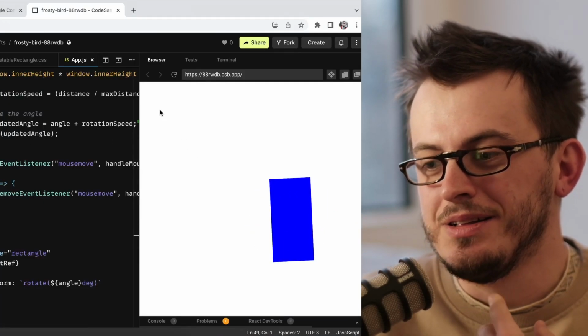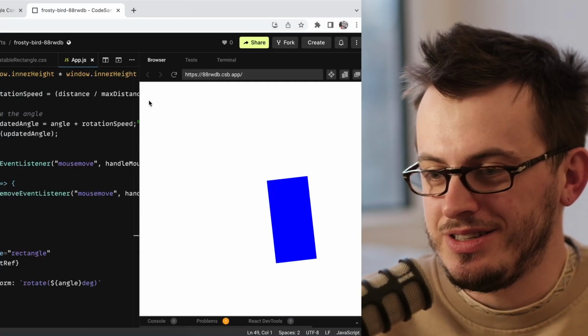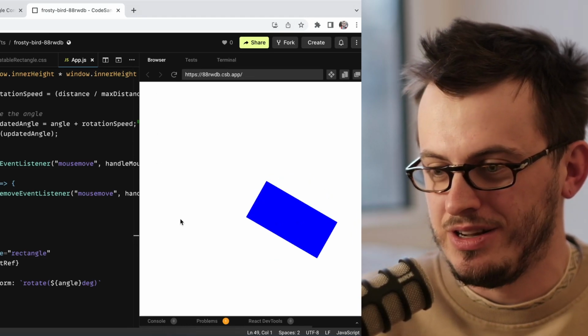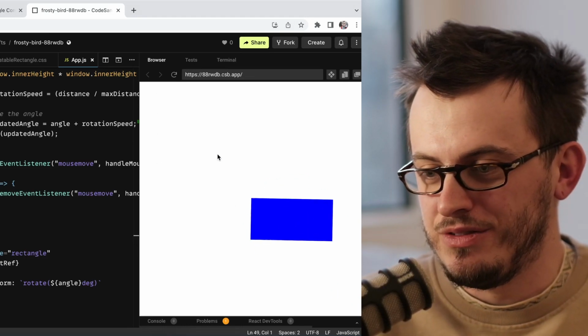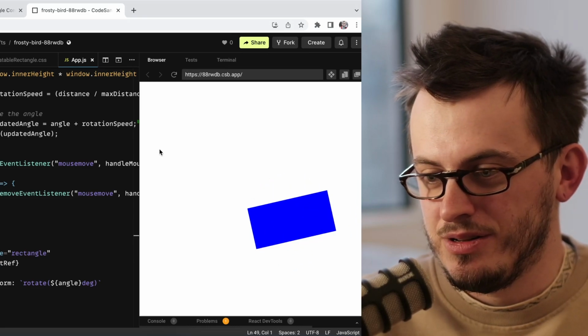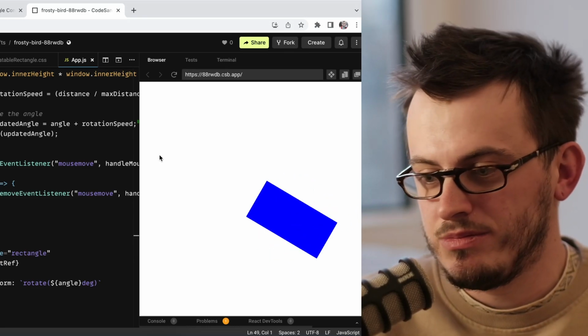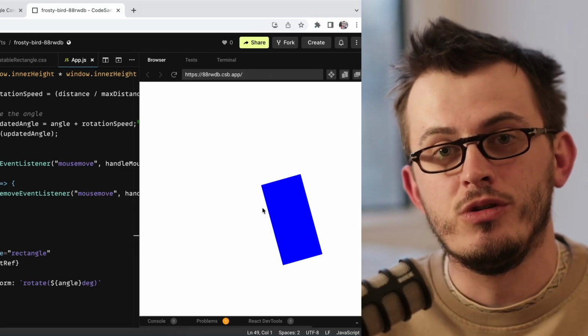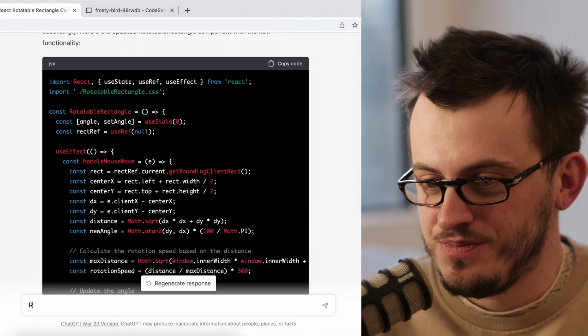Okay, let's test it again. And okay, it works. It's kind of too fast. It's super fast, and it's actually so fast that you cannot even tell the difference in speed. But that's okay. We can ask it now to slow down the rotation, right?